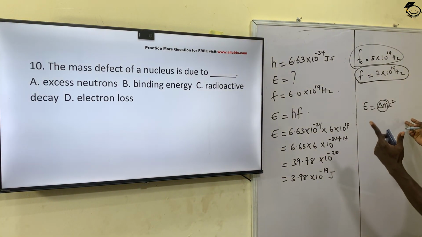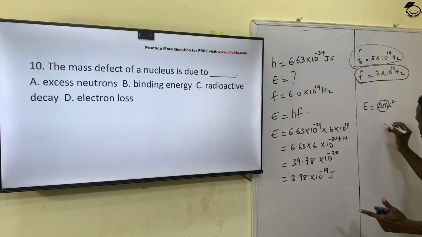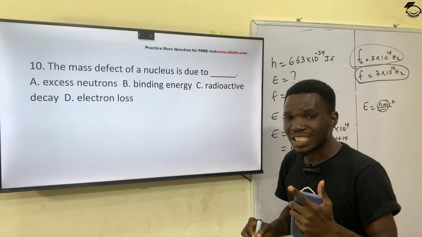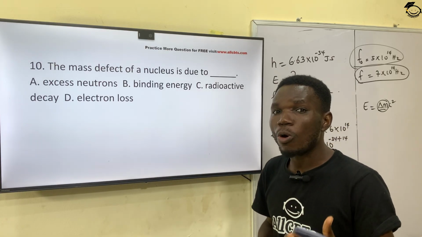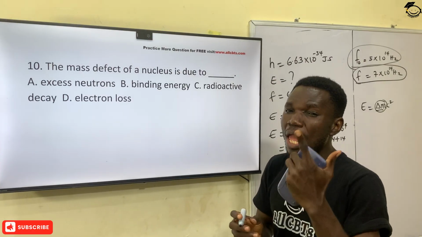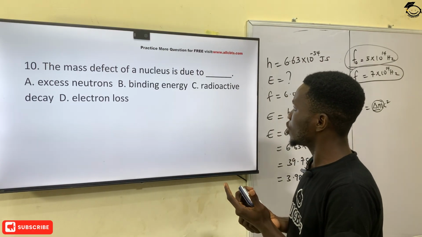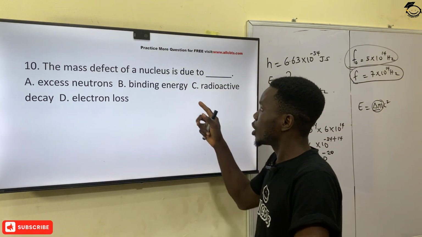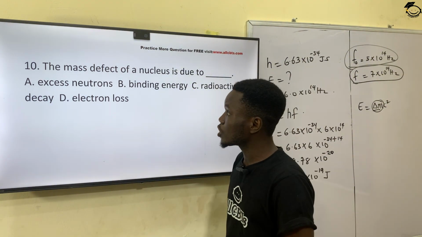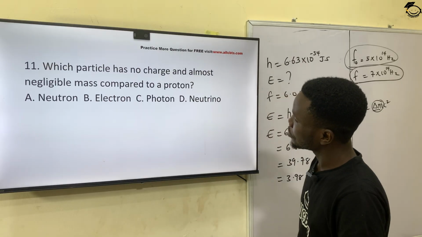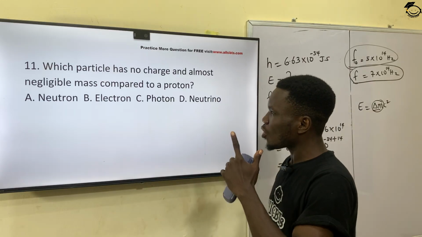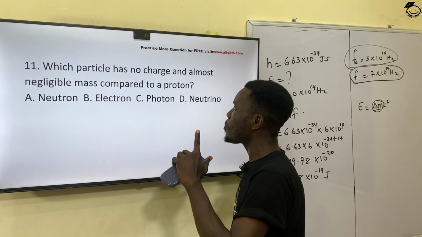The mass defect of a nucleus is due to what? What causes the mass defect in a nucleus? The mass defect in a nucleus is caused by the binding energy. So the correct answer to this question is option B, which is binding energy. So that is also question number 11, which says, which particle has no charge and almost negligible mass